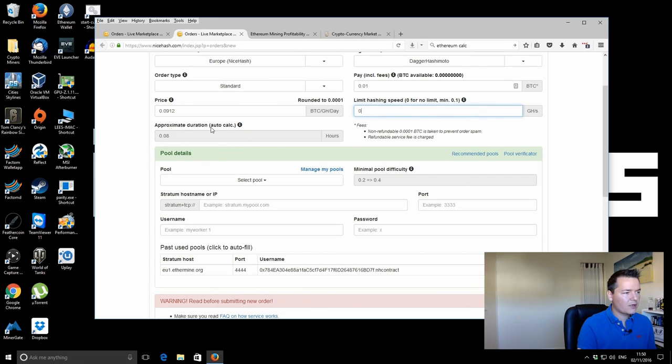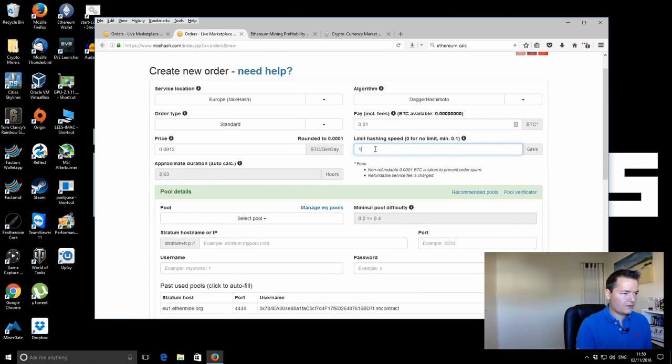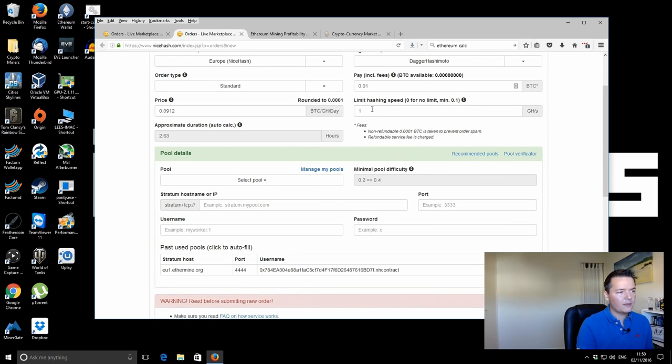The actual mining duration is not super accurate. Also, let me change this as well. So if we change this to 1, it kind of will make more sense. So if we limit the hashing speed to 1 gigahash, so our maximum performance is going to be 1 gigahash, you can see now, so we've got the price of